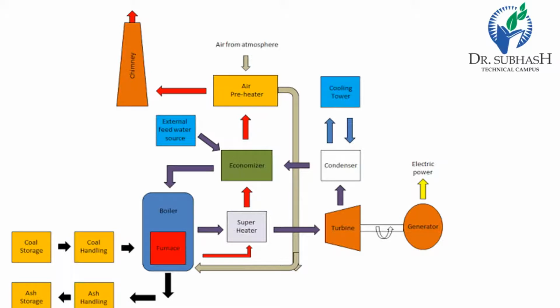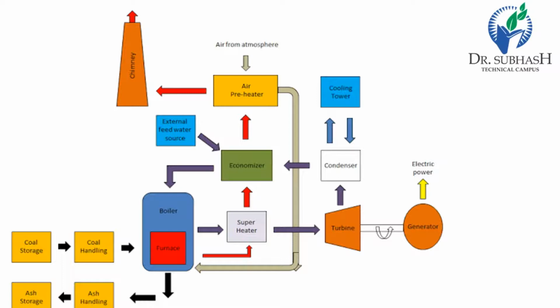The third main part is the steam turbine. The dry and superheated steam from the superheater is fed to the steam turbine through the main valve. The heat energy of steam when passing over the blades of the turbine is converted into mechanical energy. After giving heat energy to the turbine, the steam is exhausted to the condenser, which condenses the exhausted steam by means of cold water circulation.